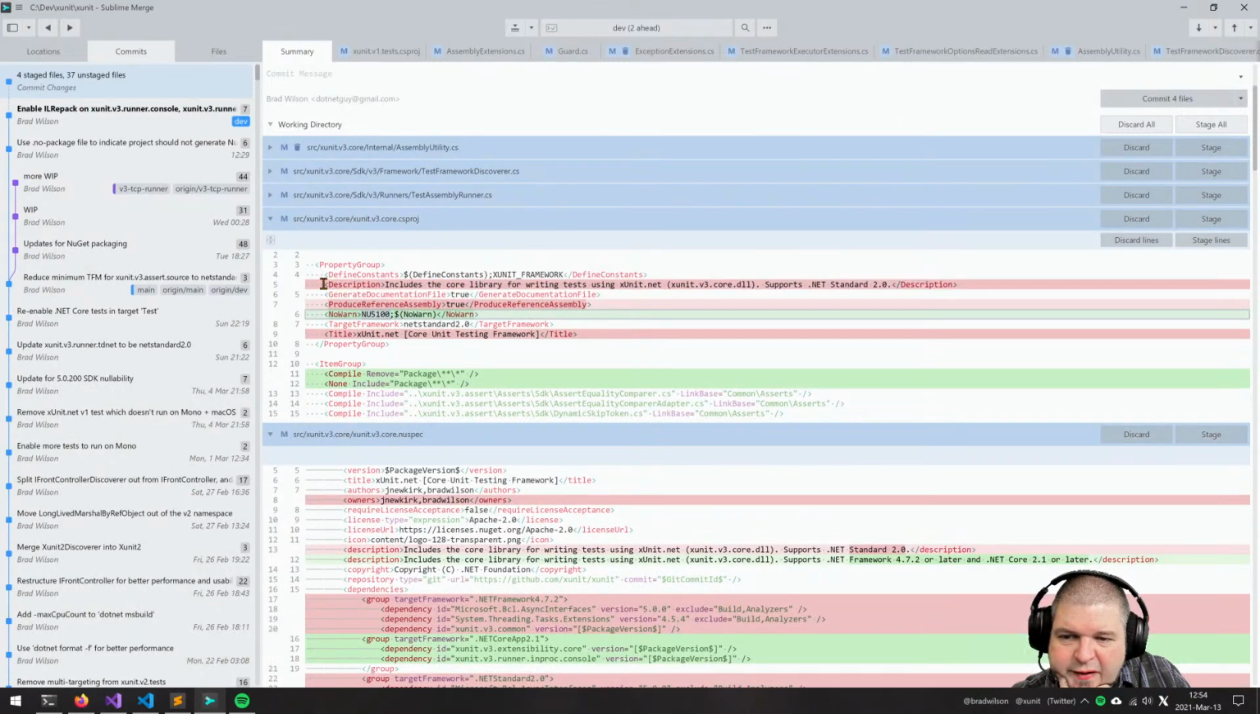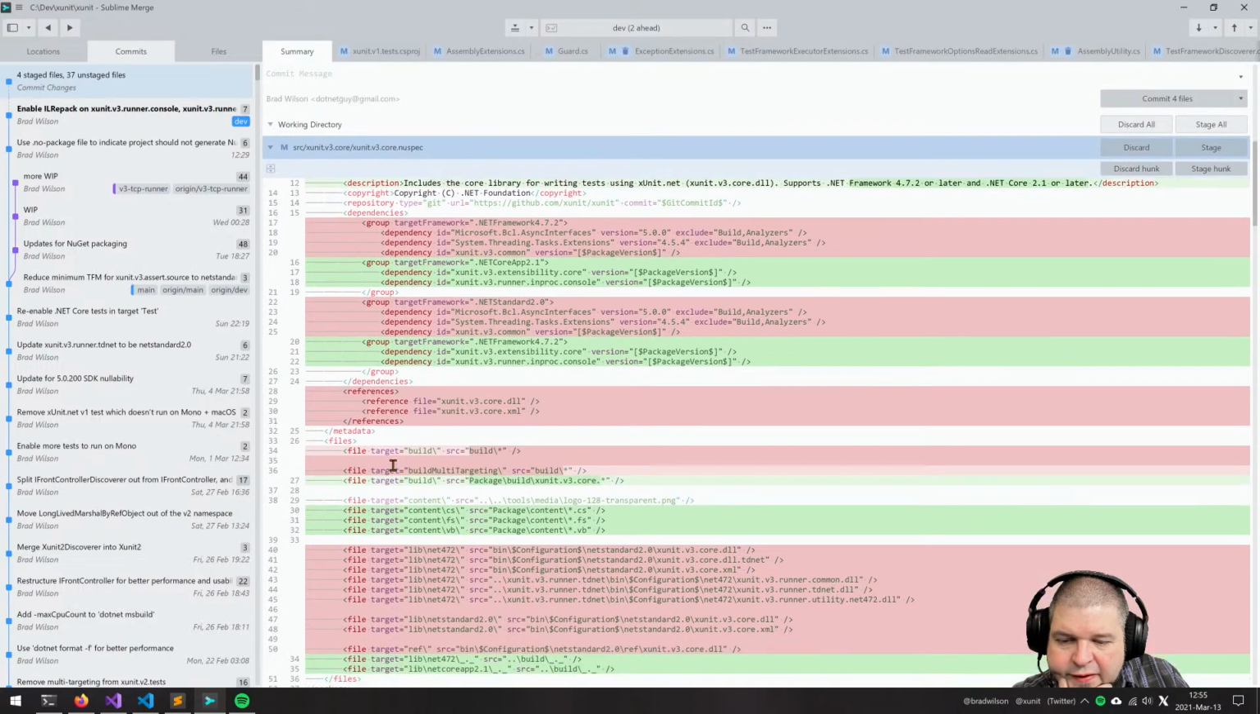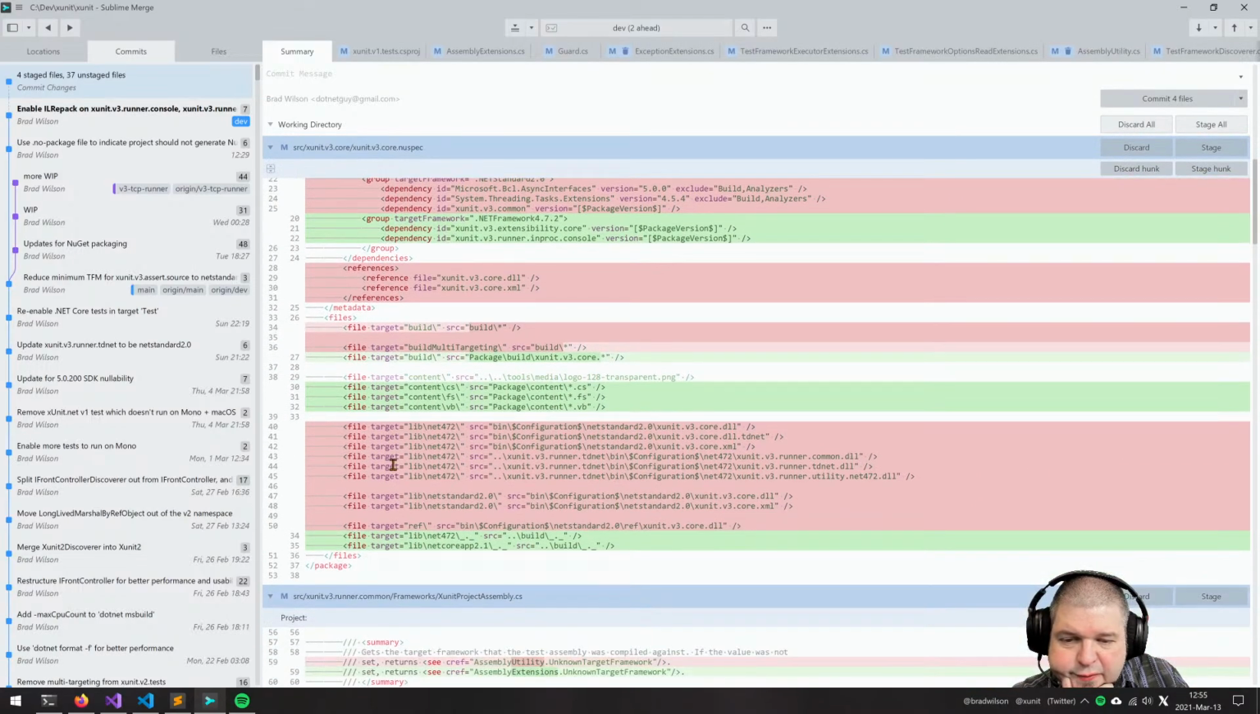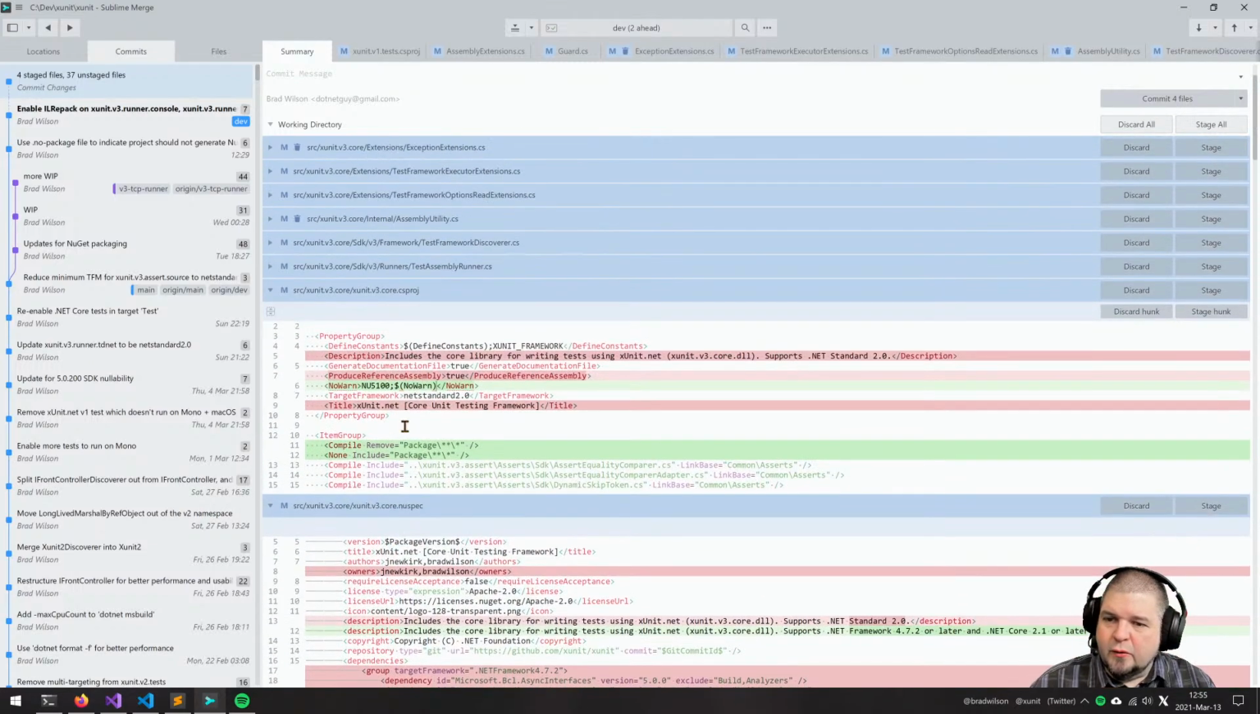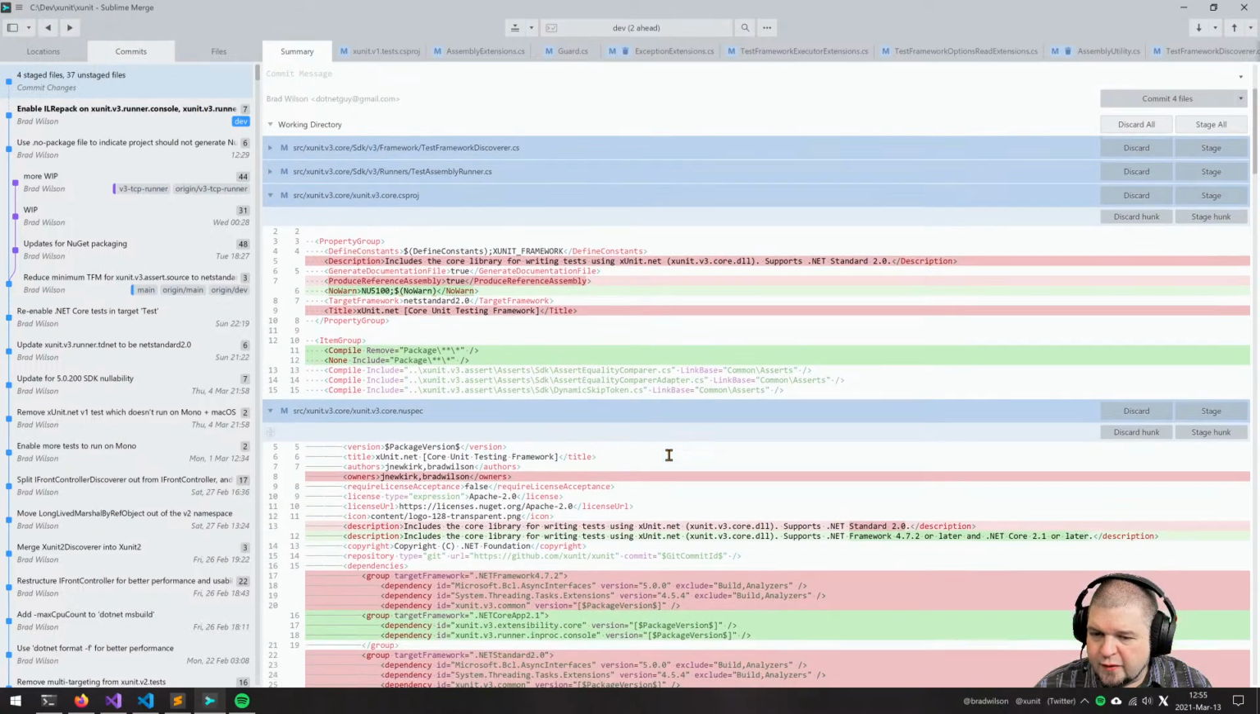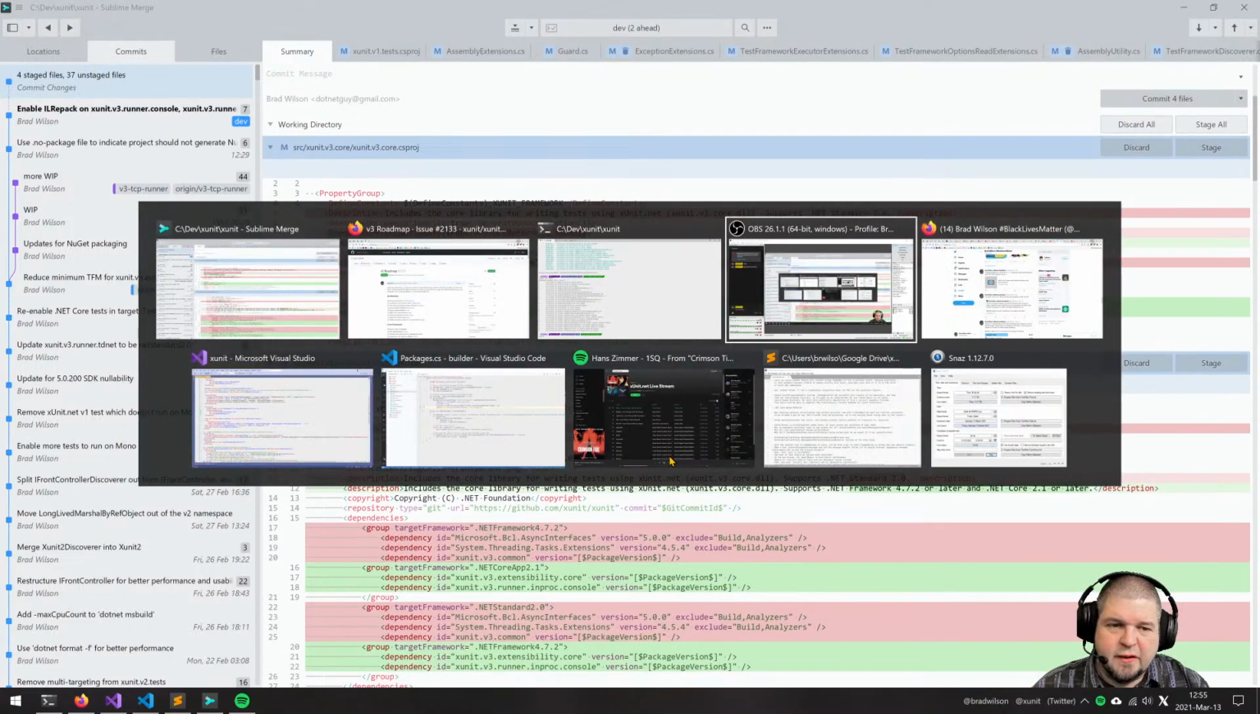Because we have a new spec file here, we can get rid of description and title. We also don't need a reference assembly anymore because we're not using reference assemblies here. So it might be easier to look at these inside Visual Studio in their final form. So let's go look at the new spec for XUnit